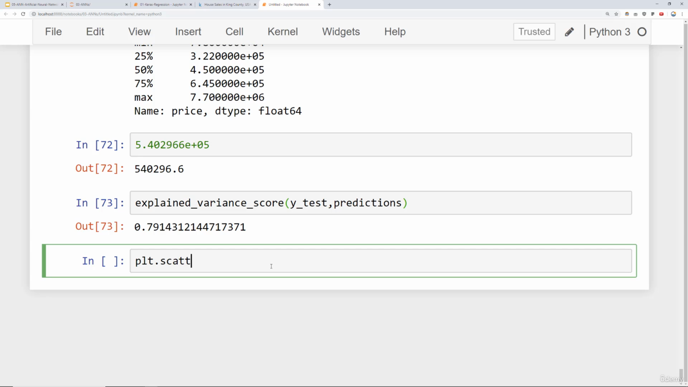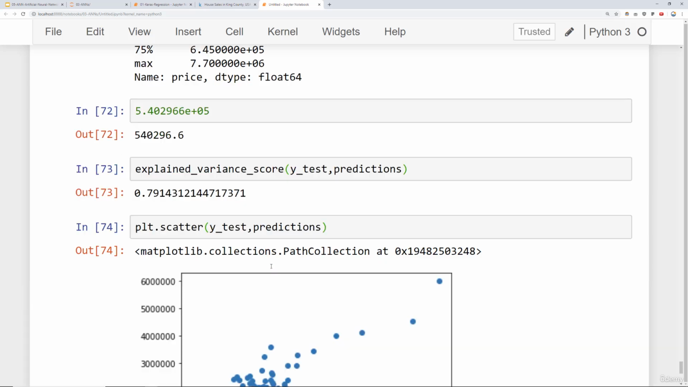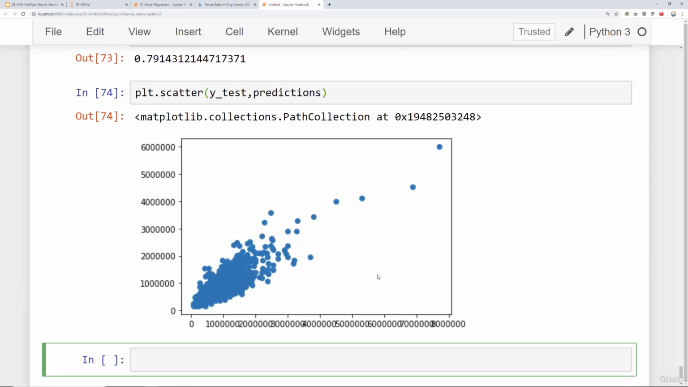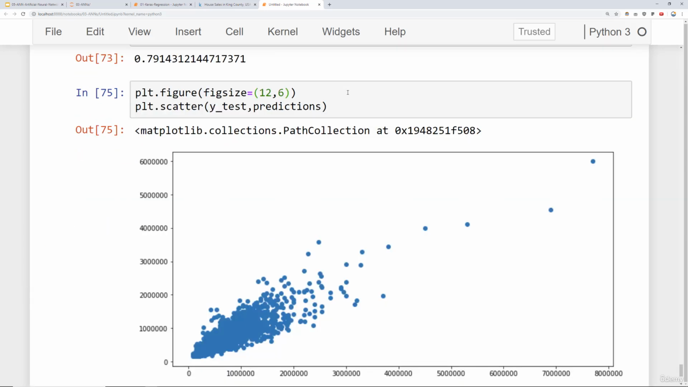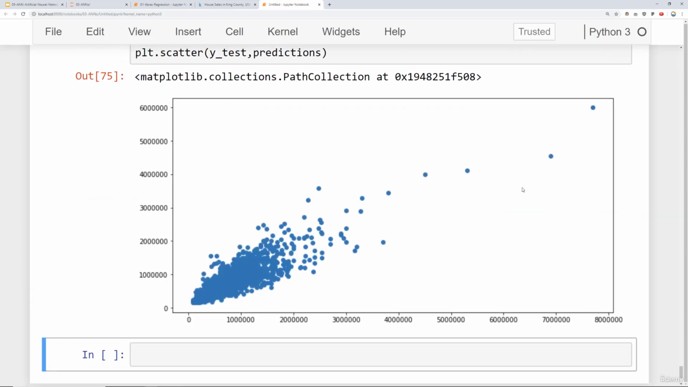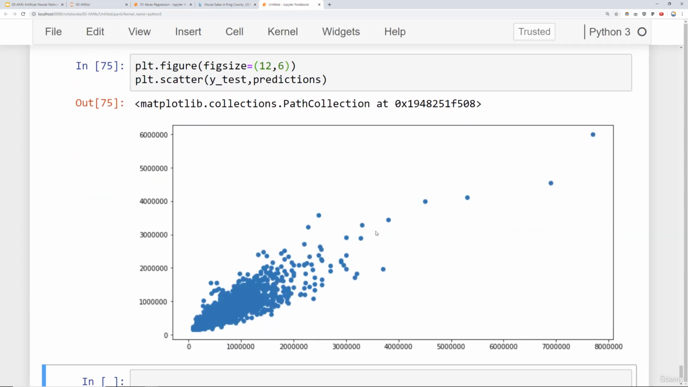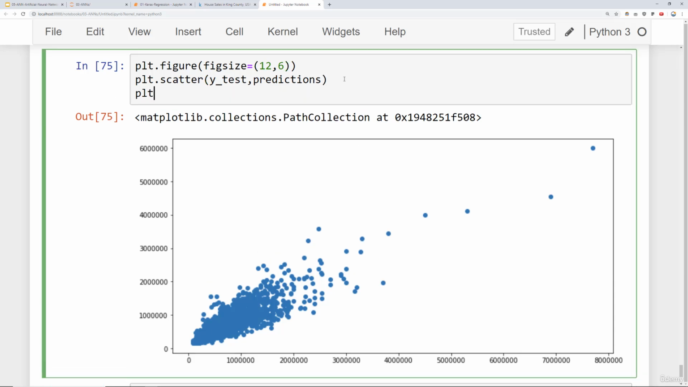So recall that previously we did a scatter plot of y-test versus our predictions, and we can see the way they fit here. And what I can do is make this a little larger. So I can say plt.figsize is equal to, let's say, 12 by 6, in order to fit everything nicely. Now, in a perfect world, this would be a straight line, and we can compare by saying plt.plot,